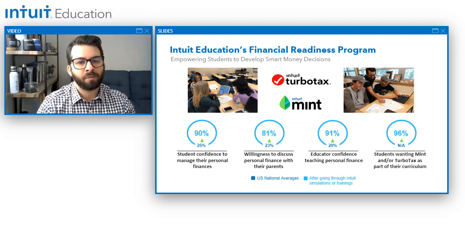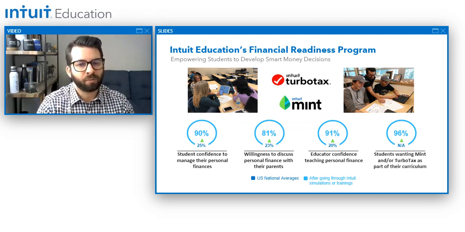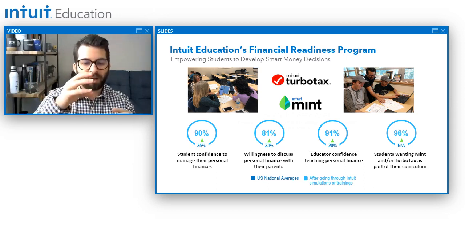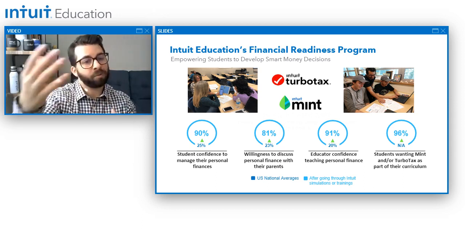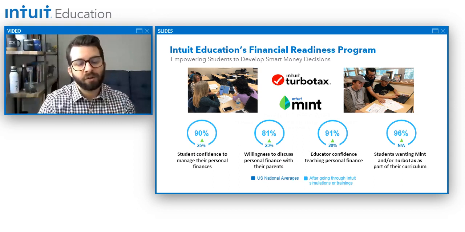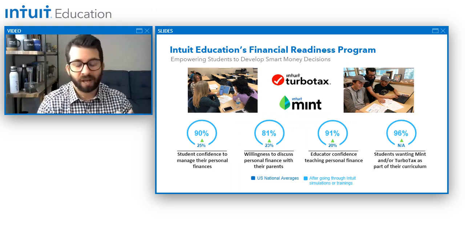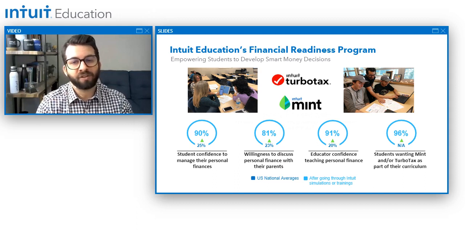23% of students are willing to talk to their parents about personal finances, or vice versa. There's actually that communication gap, whether it's from the children and the students to the parents, or the parents to the students. So 23% of students are willing to actually talk to their parents, but after learning whether it's taxes again or Mint and budgeting, they want to actually go and talk to the parents to see how they're doing